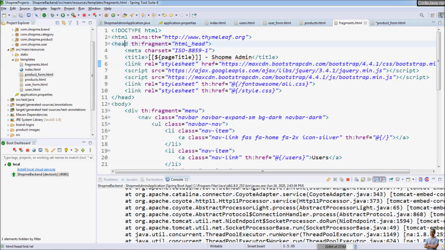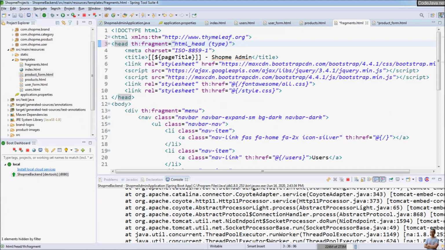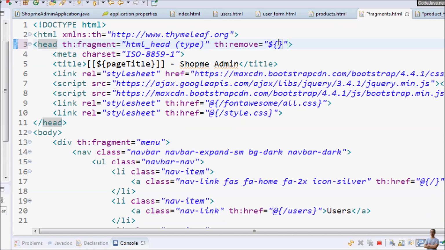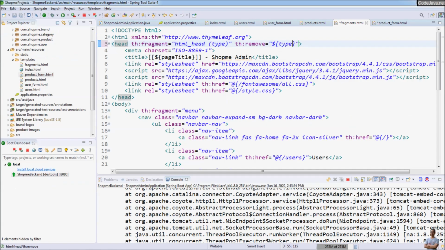So in this head fragment, we can specify the parameter for this fragment name here. The name of the parameter is type, and because Thymeleaf allows us to remove the host tags with th:remove, this will be updated with the actual value of the type here. So I specify type here. Okay,